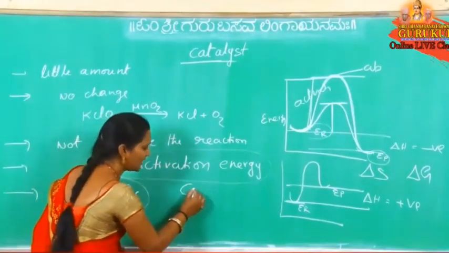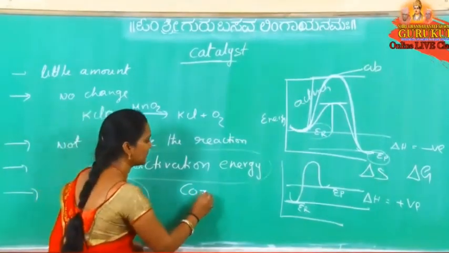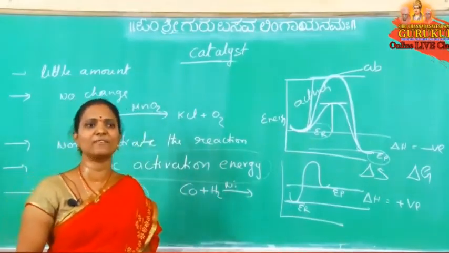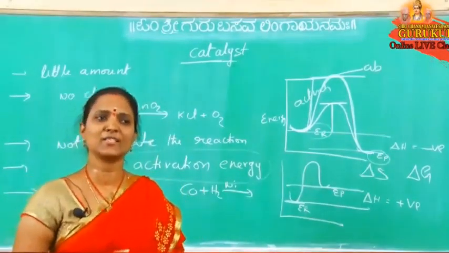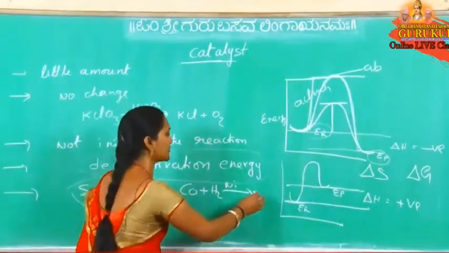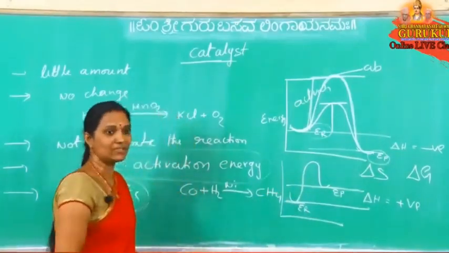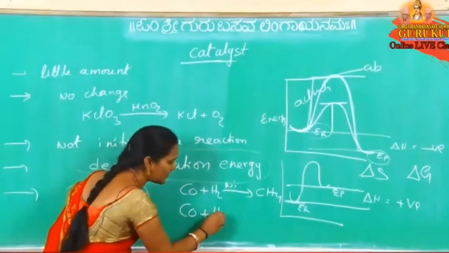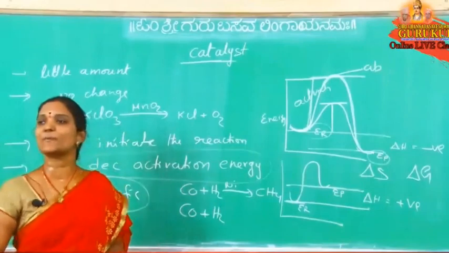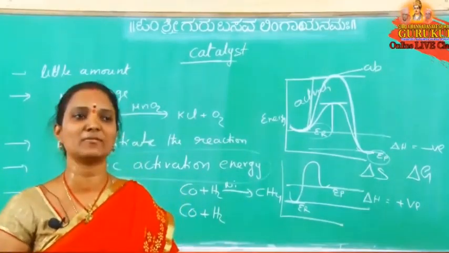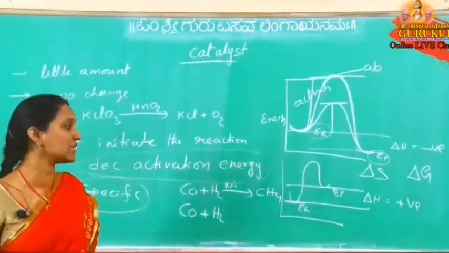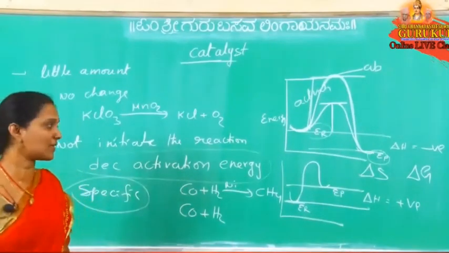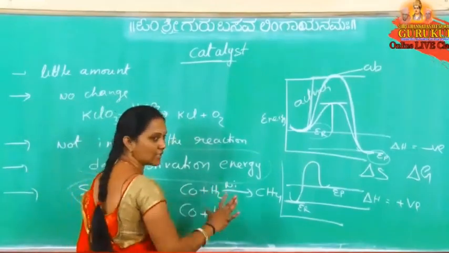So here, in first year we learned these reactions: CO plus H2 in the presence of nickel. With just nickel given, the product obtained is CH4. Remember, CO plus H2 in the presence of nickel gives CH4. Same CO plus H2, what is the name of this mixture? An equimolar, 50%, 50% mixture of CO and H2 is called water gas, or syn gas, or blue gas. Learn this name. So it is the water gas.